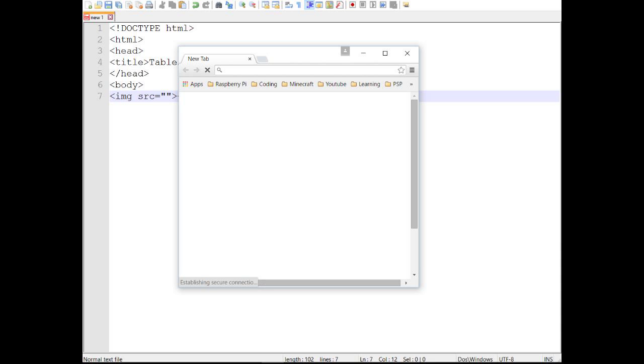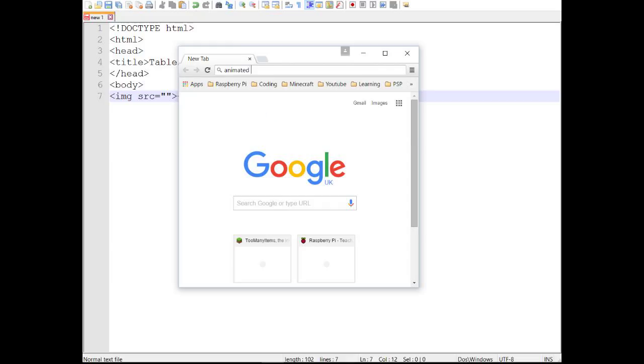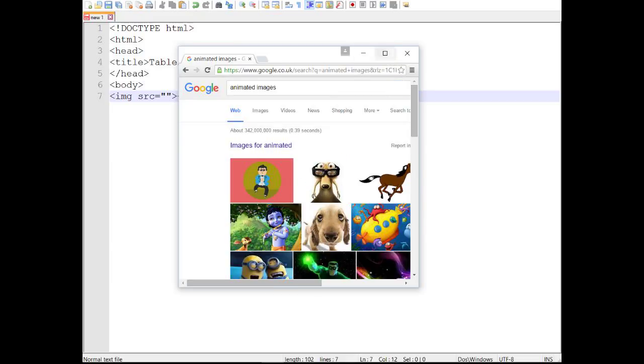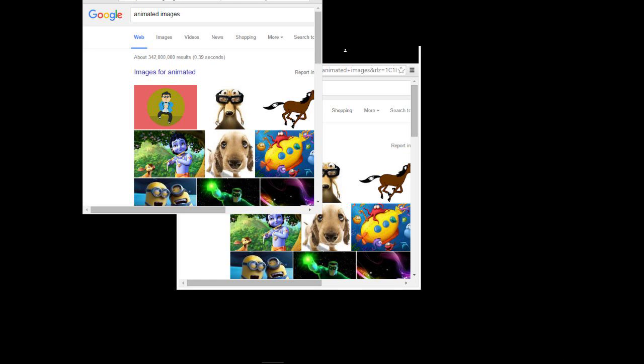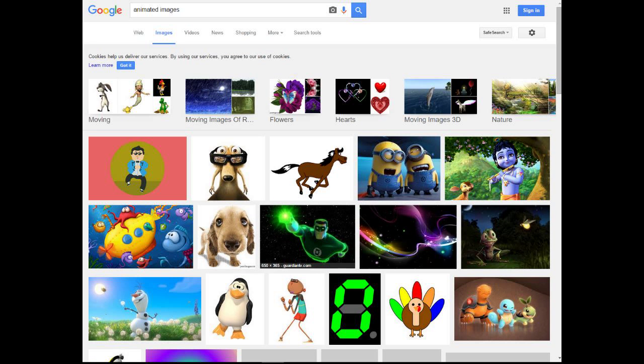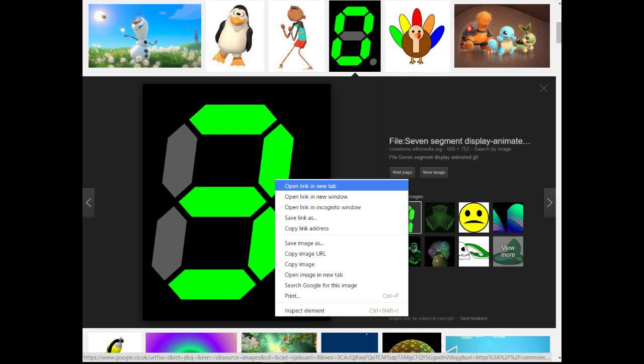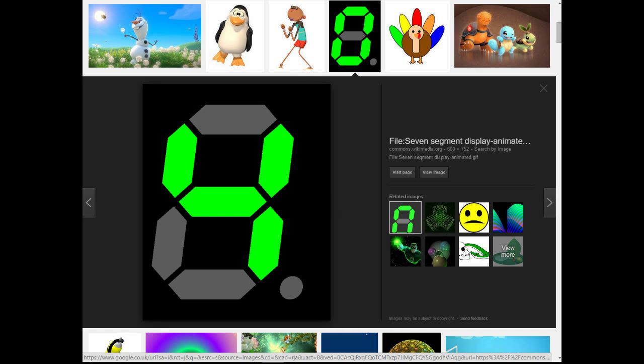You can search for an animated image, and we'll look through the images. So what we're going to do is save that image as